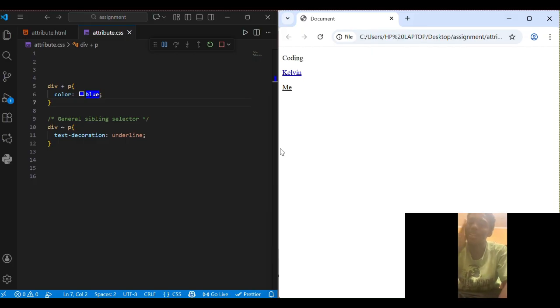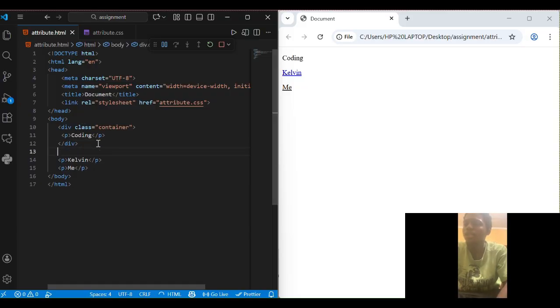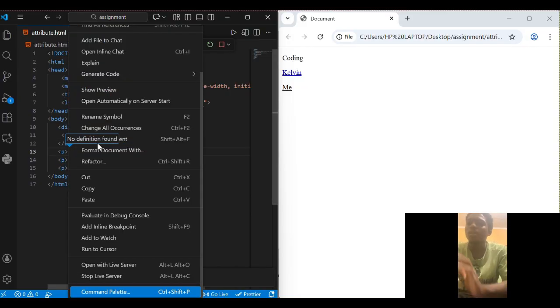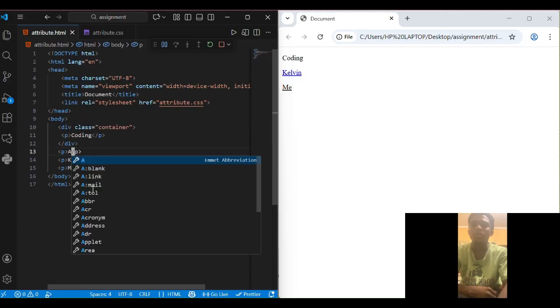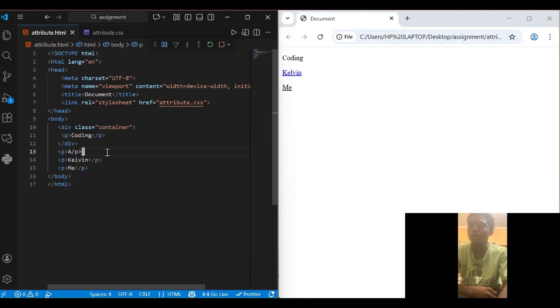But supposing you use the adjacent sibling, which is div plus p, then color blue, like this. Let's give it a quick refresh here. You would see from my screen right now that it tells the difference between the general sibling and the adjacent sibling. The adjacent sibling is the closest sibling, so when you call the div class plus